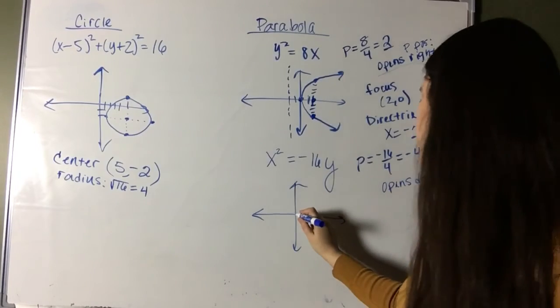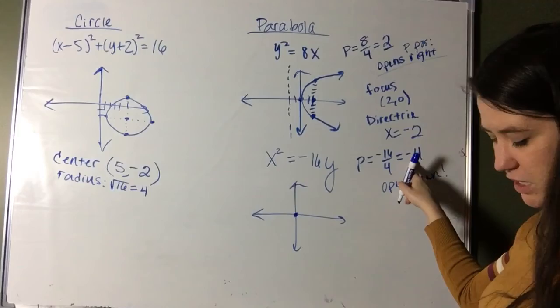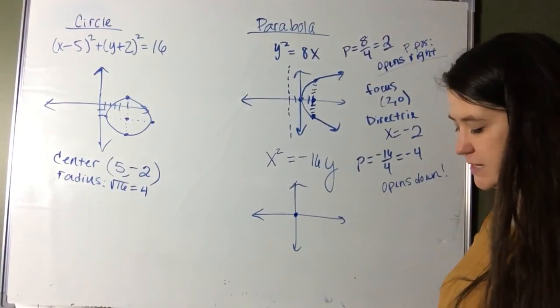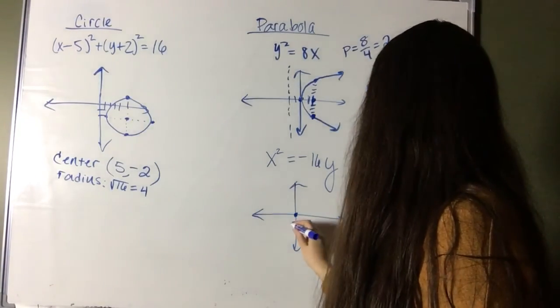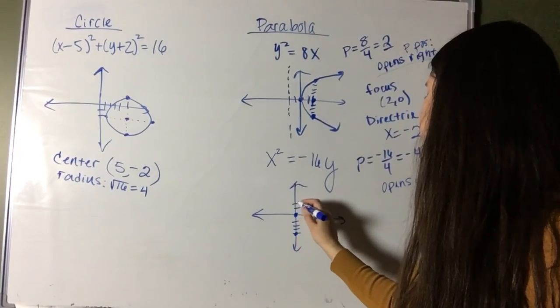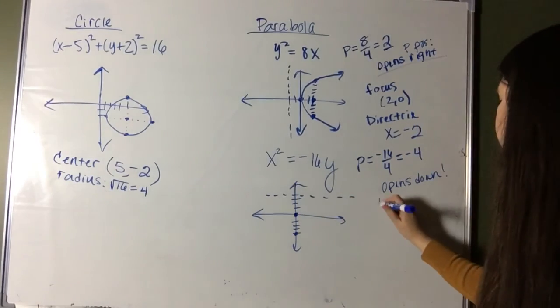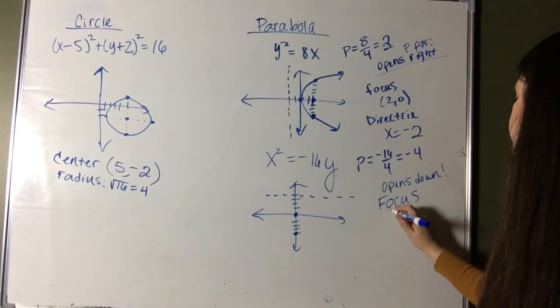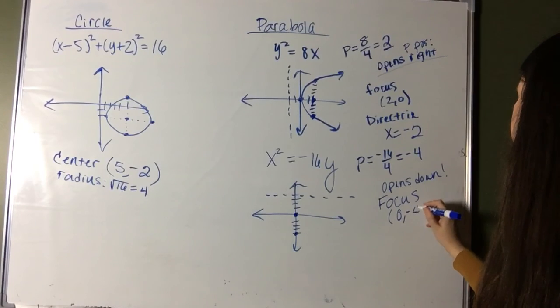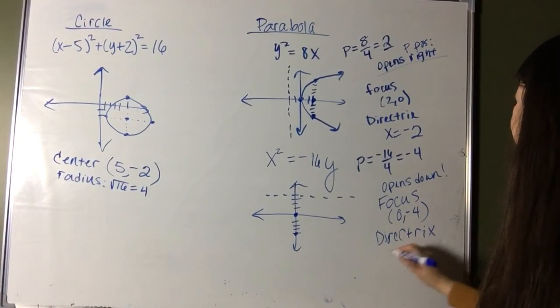So our vertex is at the origin again. It's going to open down, so our focus will be -4 going down, right? 1, 2, 3, 4 units down, that'll be our focus. Our directrix will be 4 units up then. It's going to be a dashed line. So the focus is at 0, -4. The directrix is at